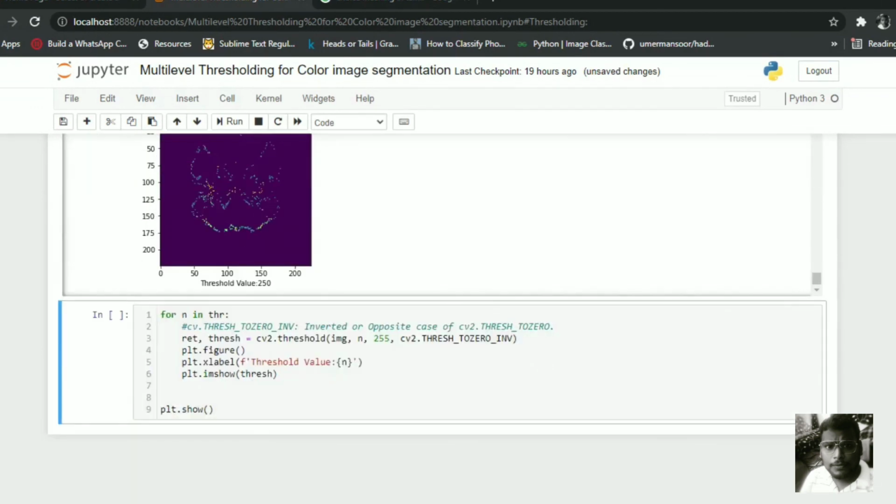This is nothing but the inverse of the above method.